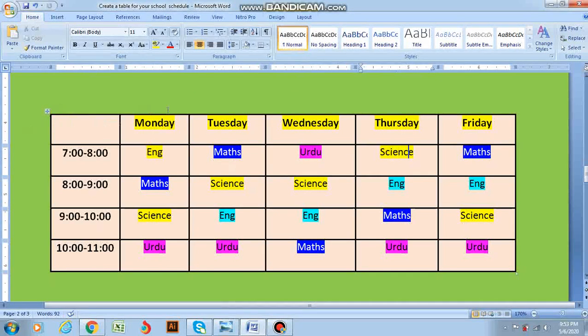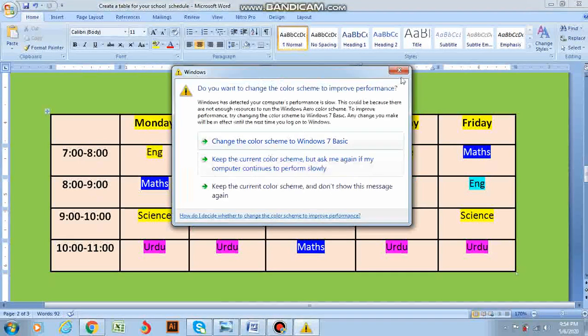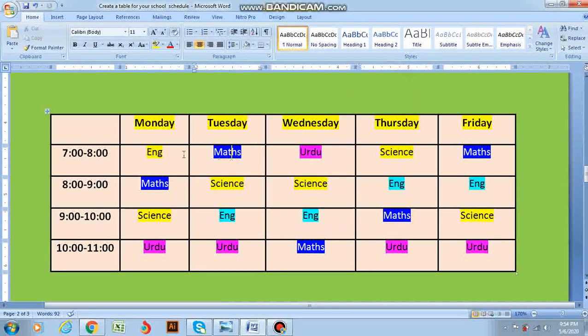Similarly, this is row number 1, row number 2, row number 3, row number 4 and row number 5. I have put the hours in rows, I have put the days in columns, and the subjects in cells. These are the subjects: English, Math, Science, Urdu. I have put them in cells.